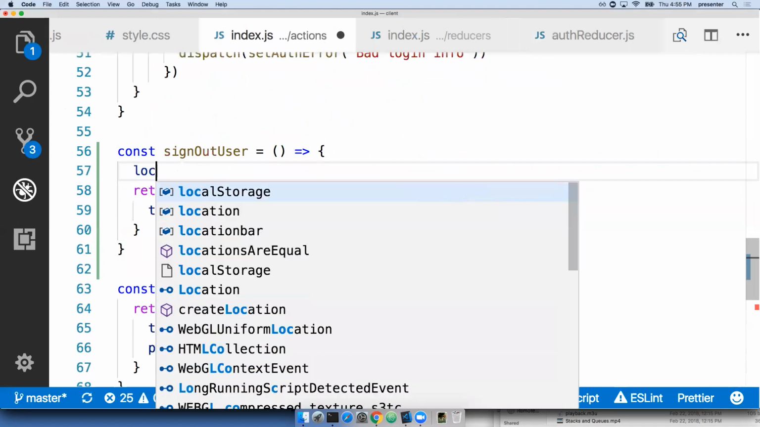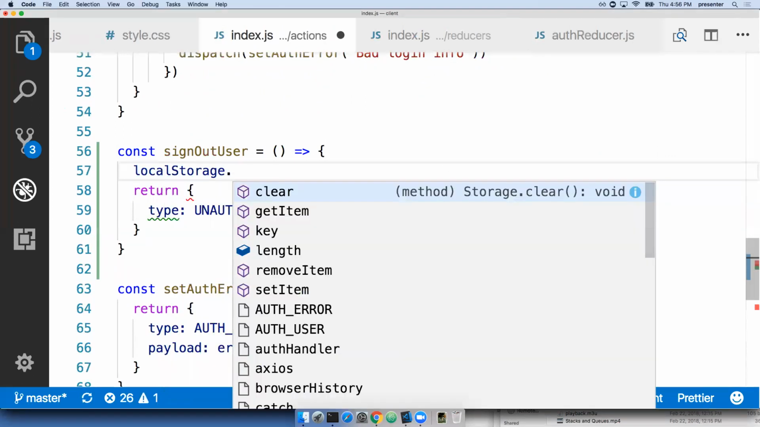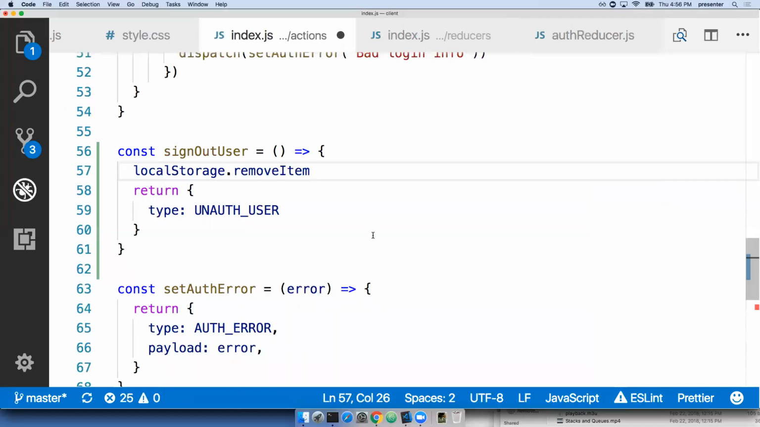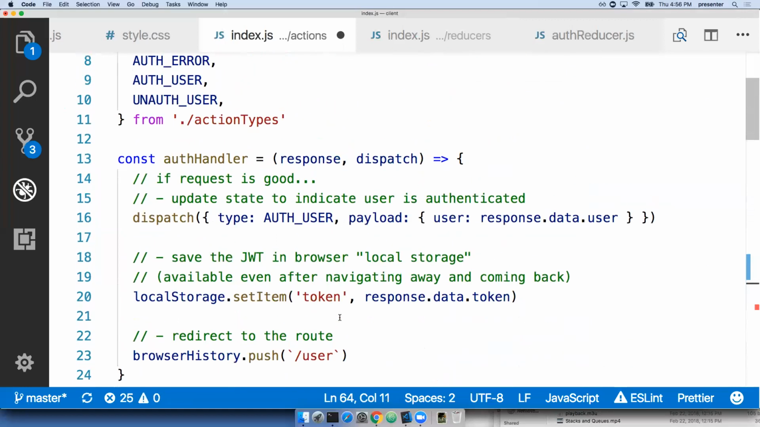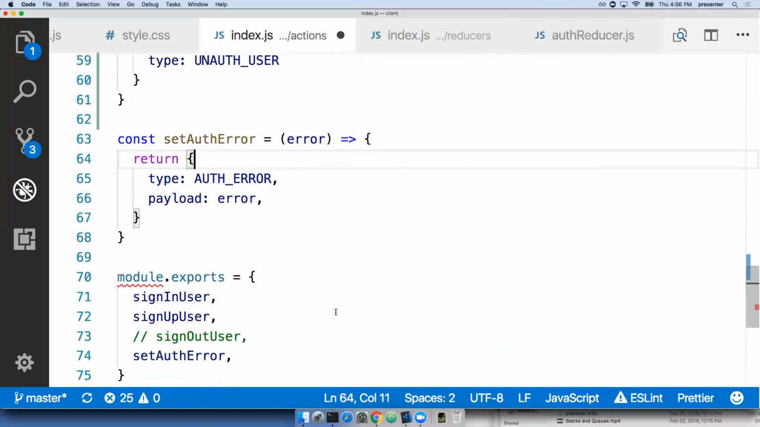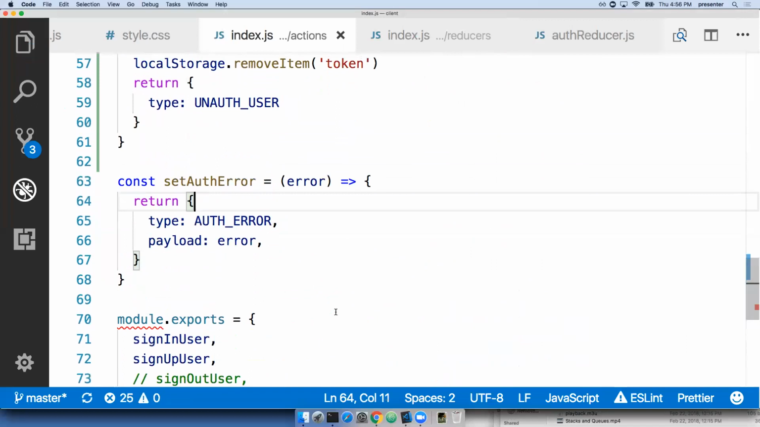So local storage dot, and this is one of the reasons I really like VS Code. I'm sure there's Atom extensions that can do this too, but you get it free out of the box. Dot remove item. I think we called it token, but let's just look and see. Yeah, we called it token. Okay. So now